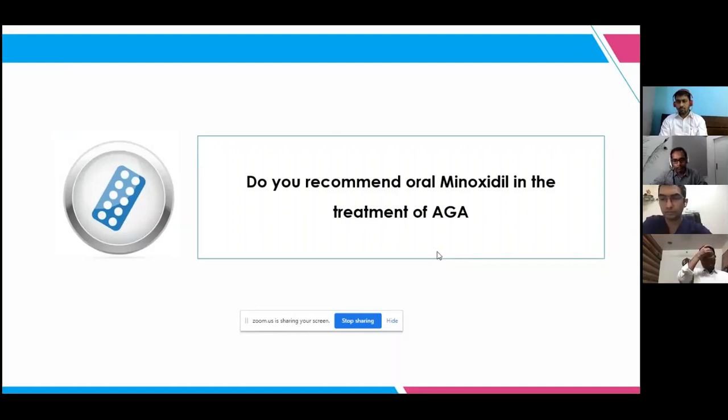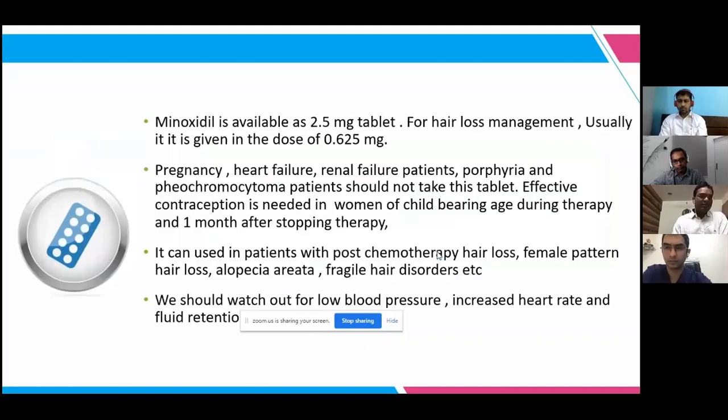Yes, I tried oral minoxidil also, especially in diffuse alopecia patients. I tried oral minoxidil, 5 mg tablets available. And when I was in Bangkok, my boss did a study in almost 25 patients where donor area thinning is there. For those patients, we tried oral minoxidil so that the donor area, the occipital area, will become thick. So then we take up for the transplantation. After that, we continue with a low dose of oral minoxidil to maintain it.